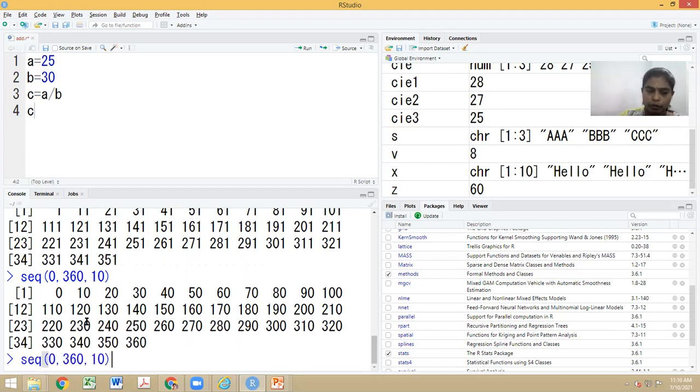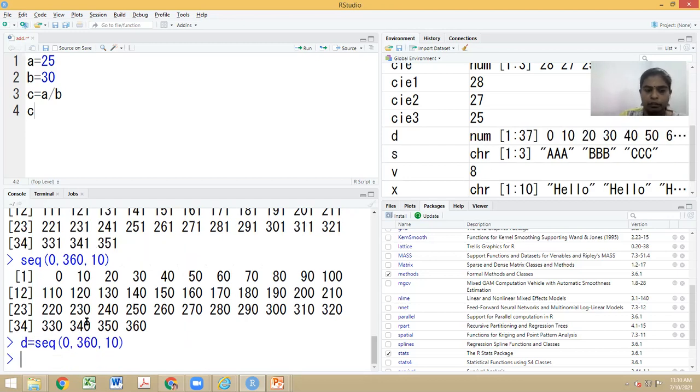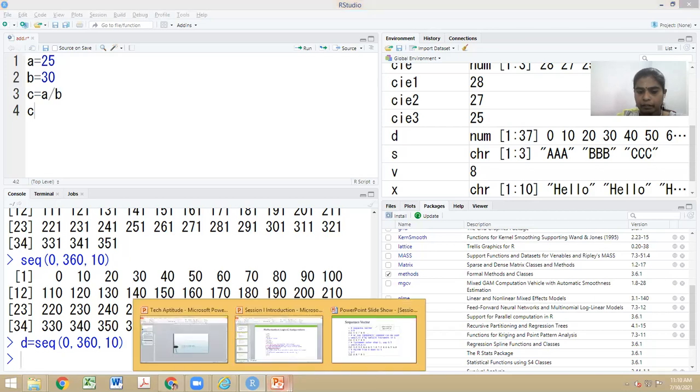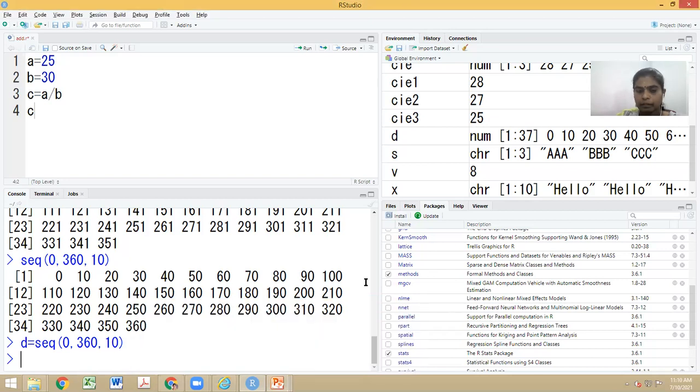How do I store these values? I should assign them to a variable. When I assign it to a variable, I can see it is saved in the environment as well. D is a variable created to hold the values from 0 to 360 degrees, right? Can you execute this?